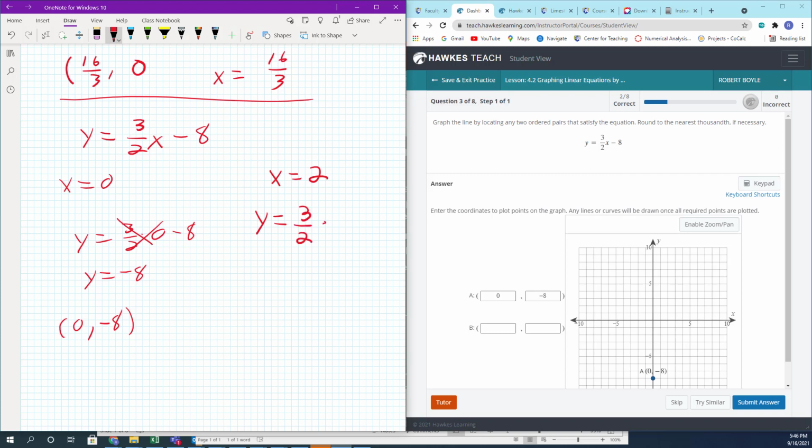times x, which by the way is 2, minus 8. The 2's cancel. See that right there? This 2 will cancel this 2. And we will have y is equal to 3 minus 8, which is -5. So now our second point, although it's not an intercept, is going to be 2 comma -5. And if we put that in,